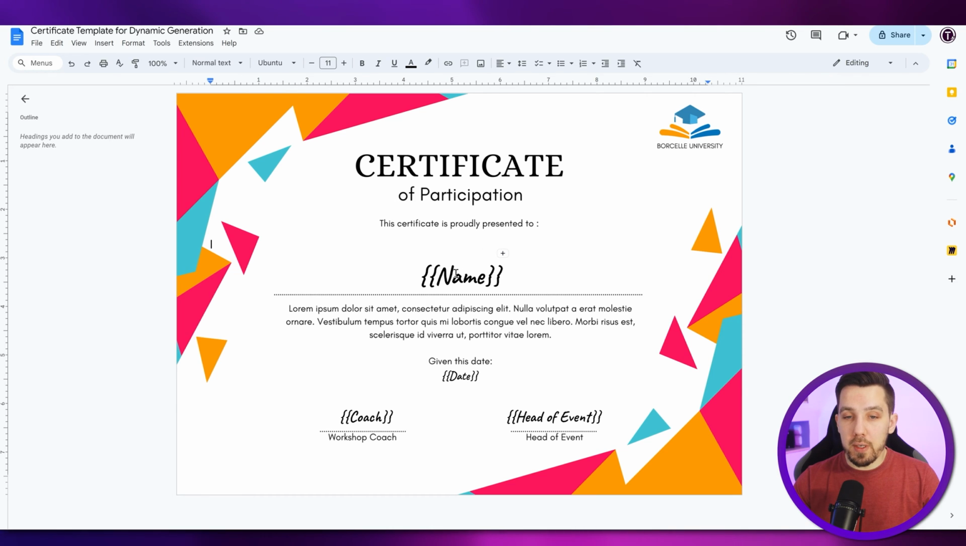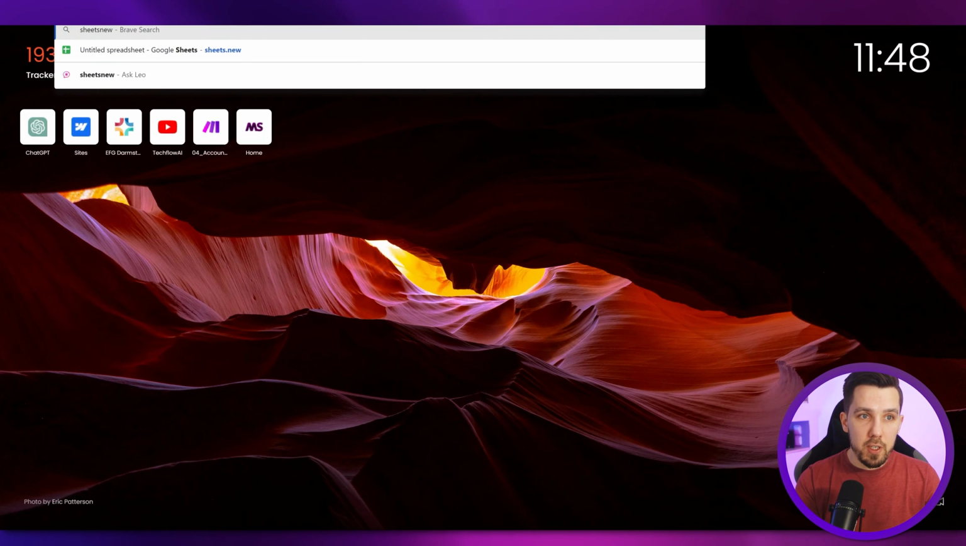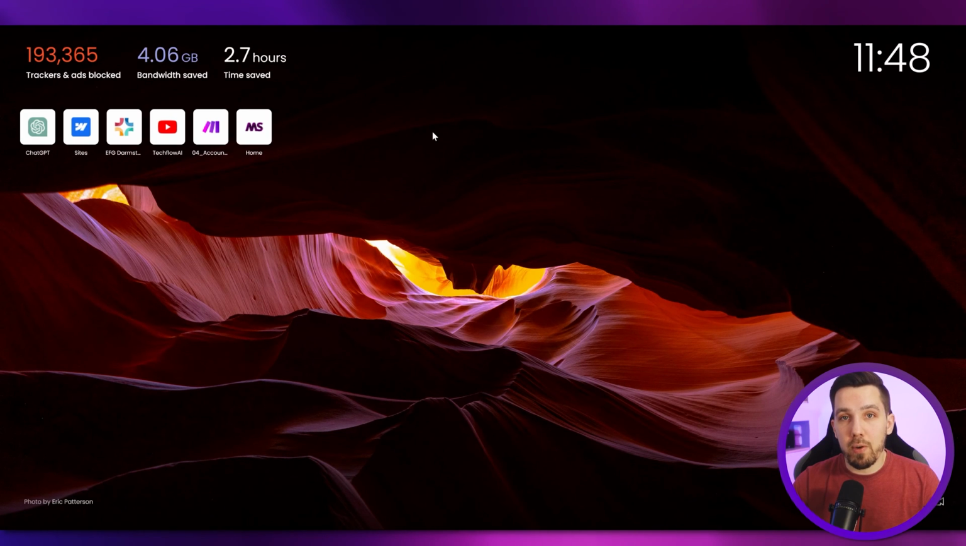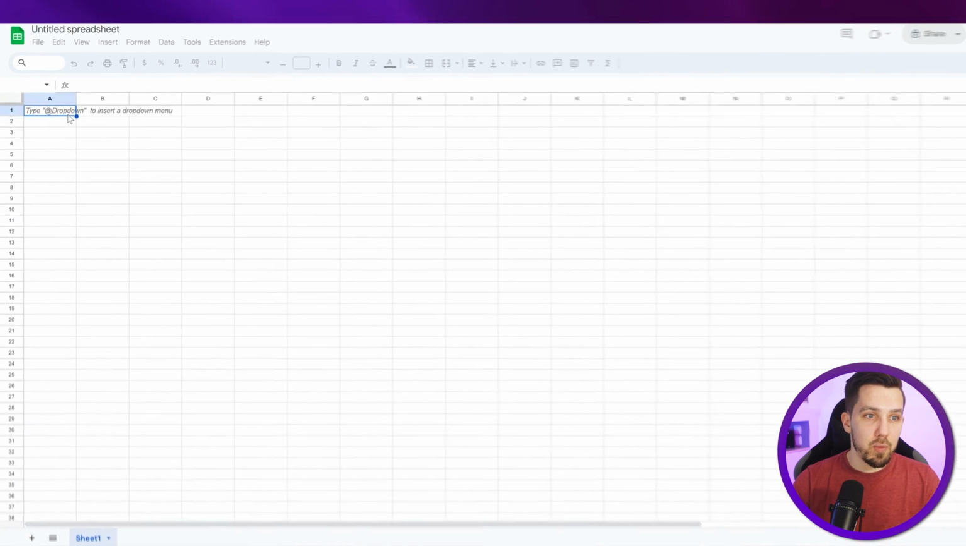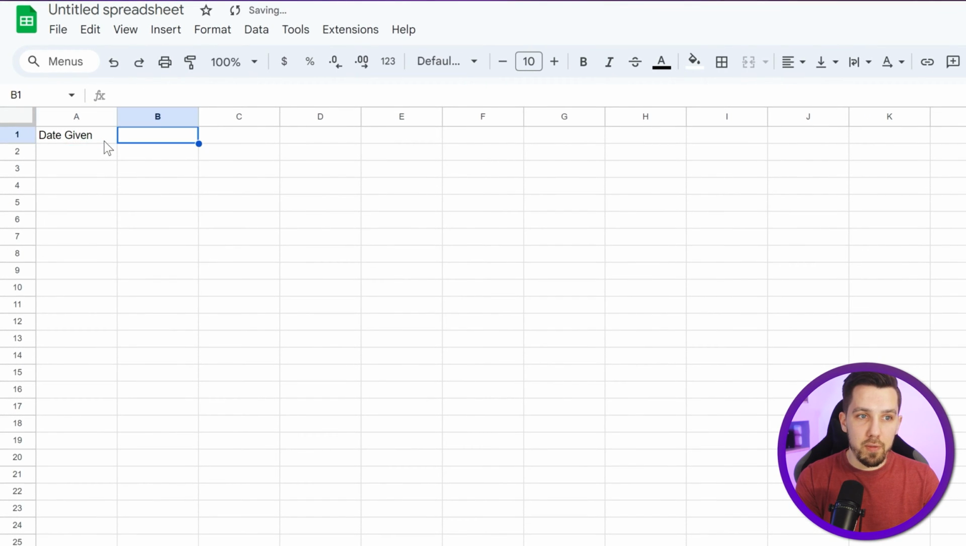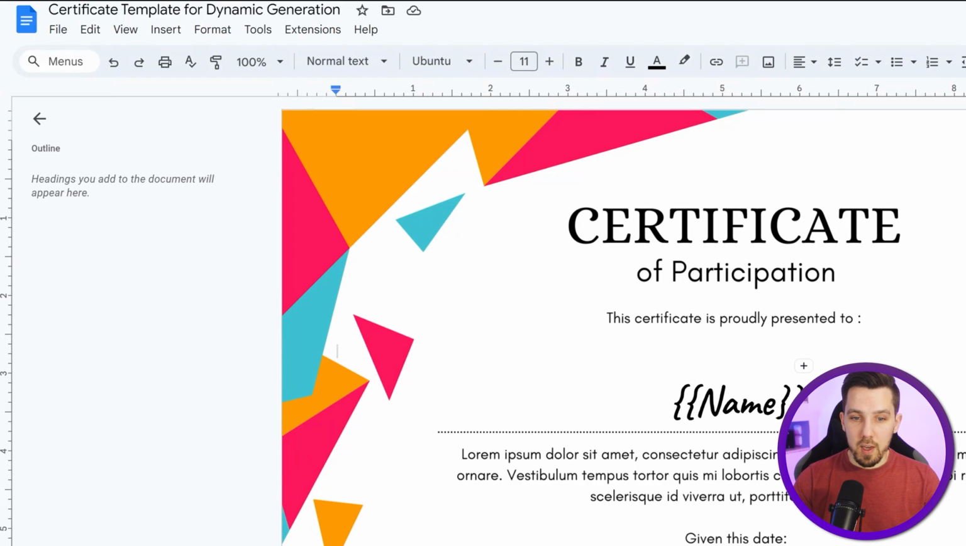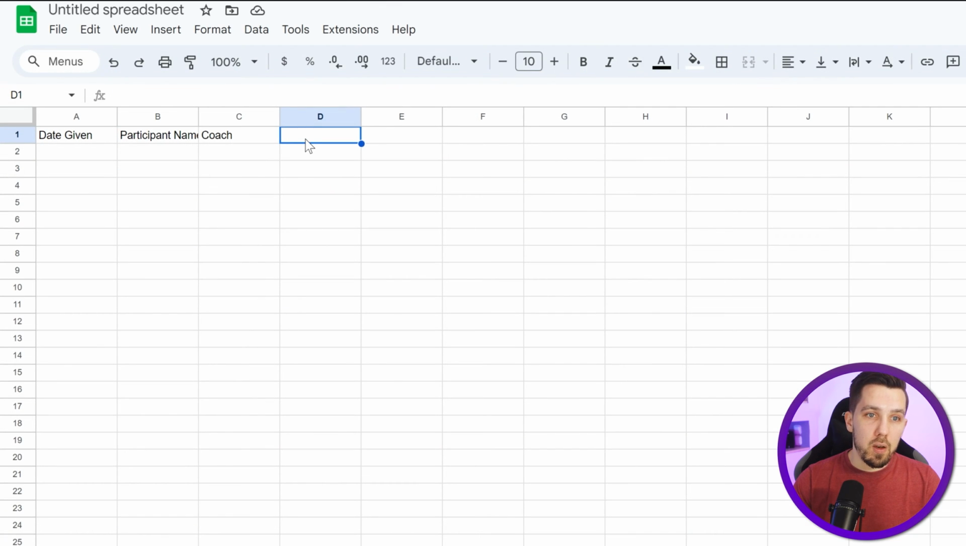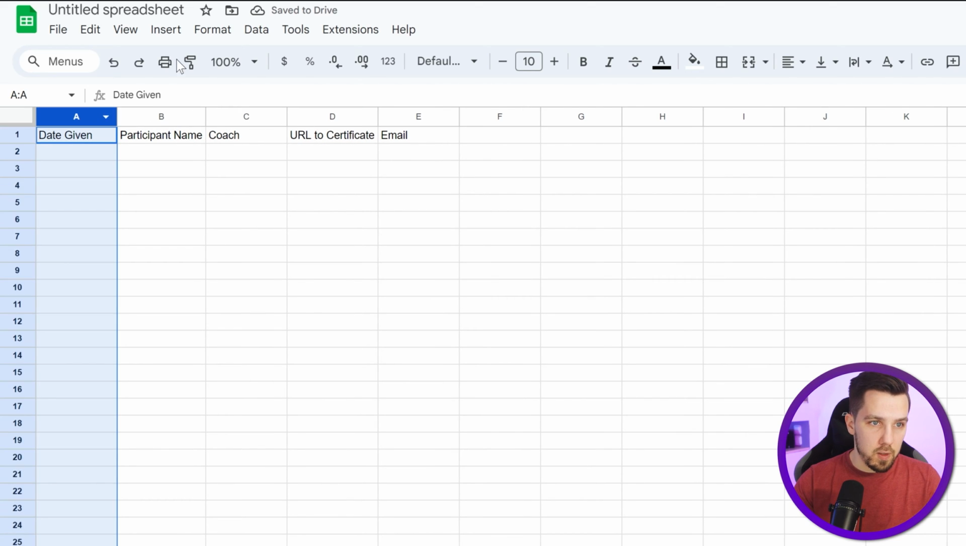The last thing we want to do is we need to prepare the data where this is coming from. For testing purposes, I'll just say sheets.new and create a very simple Google Sheets database where the date given is the first column, then the participant name, and maybe the coach that was in that lesson, saying, okay, the workshop coach might be different and the head of event is always the same person. And then we can also say like your URL to certificate and email address of the participant. And then say, okay, this is a date column,